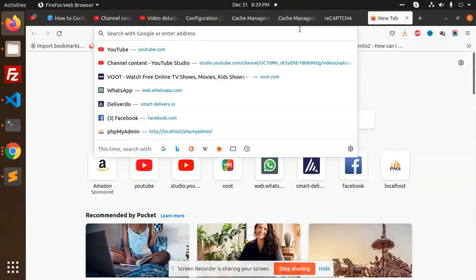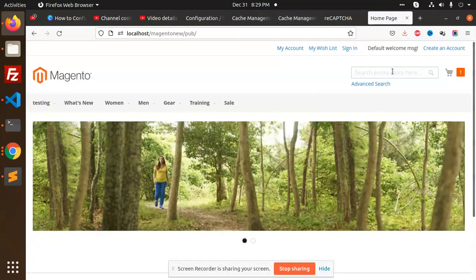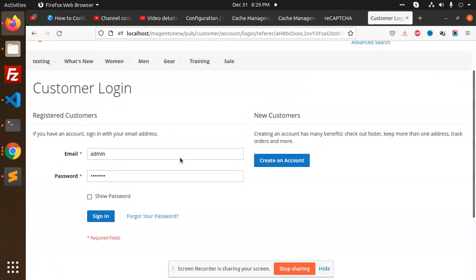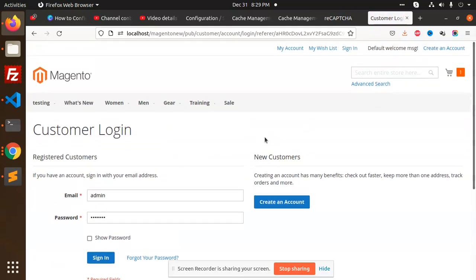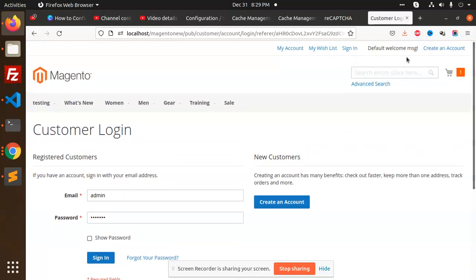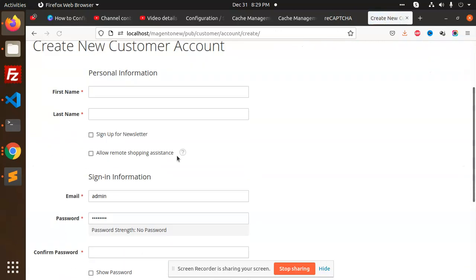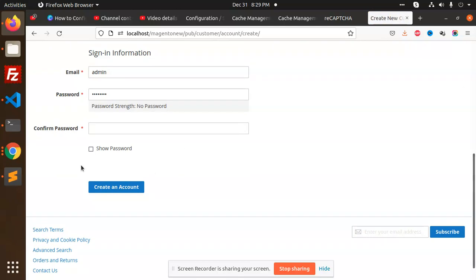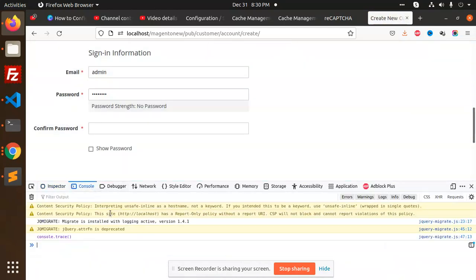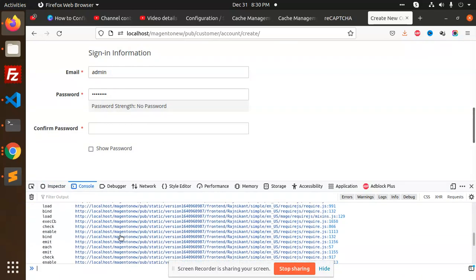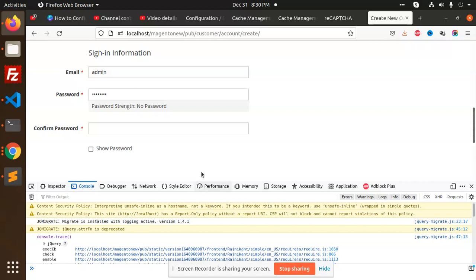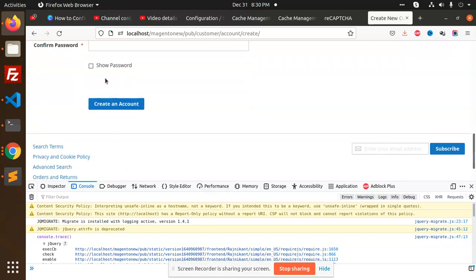Let me go to this page. Sign in or create an account. I think it should come over here. Let me check what is the issue. Console. There is no issue. Then why is it not loading?